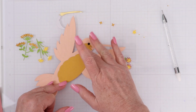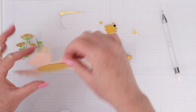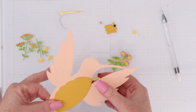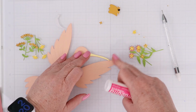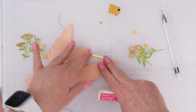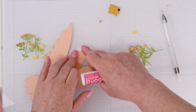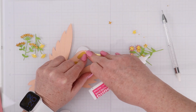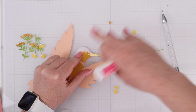So once you have all of your leaves and flowers put together, you can then start putting your hummingbird together. So this large stomach die piece I cut in a different color so that you could really see the different aspects of this bird. I cut the beak out of the gold mirror cardstock as well. I just thought that was so pretty and unique looking. And then this light gray for the feathers on top of the head,